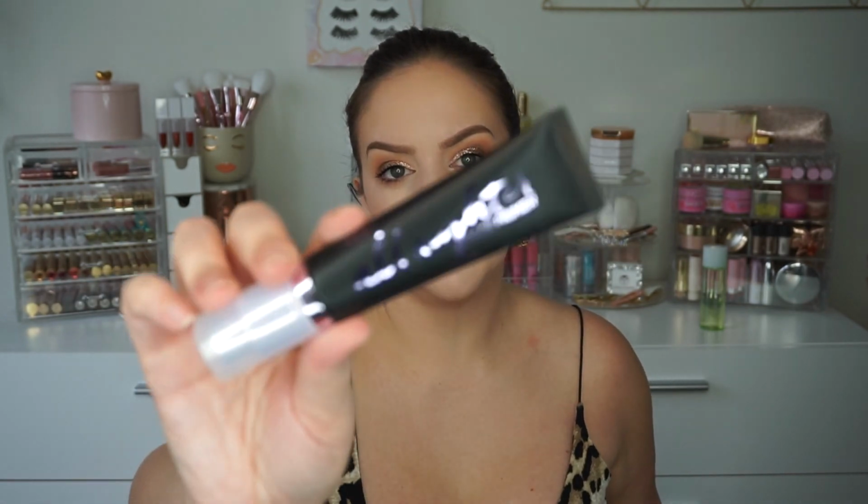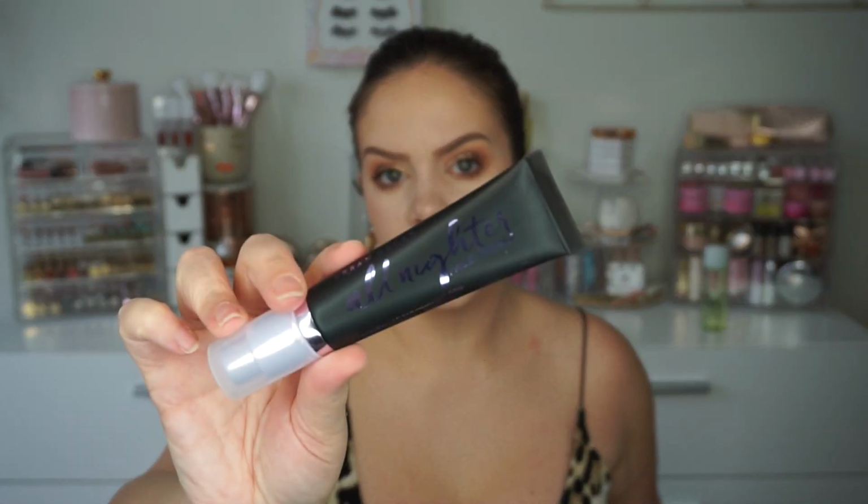Love those. I got the Urban Decay All Nighter Face Primer. This is supposed to be long wear, and it's supposed to grip your makeup in place. And with any of these products, but especially this one, if you want to see these in action in a